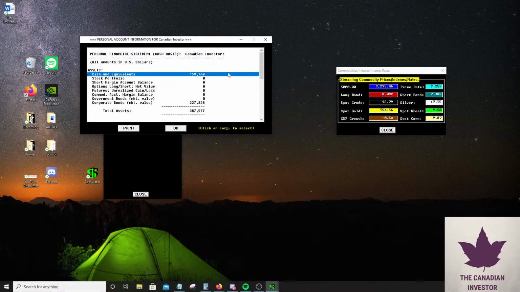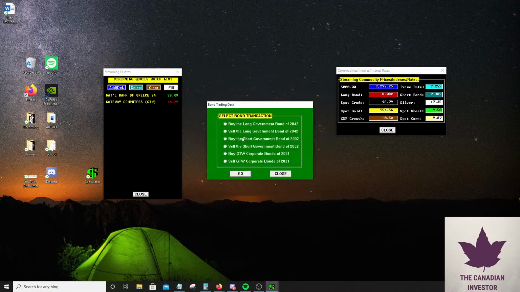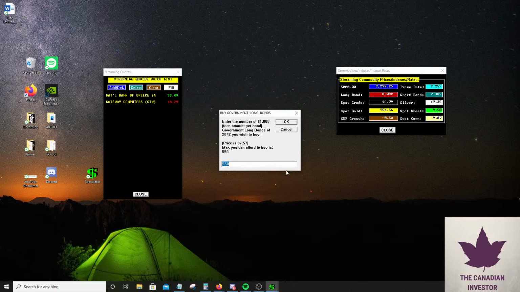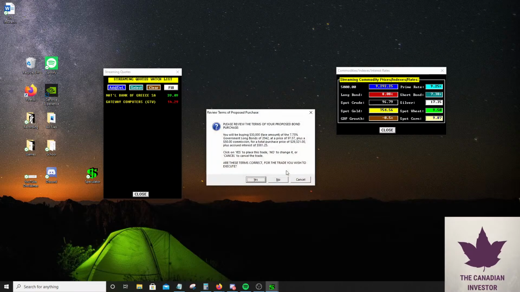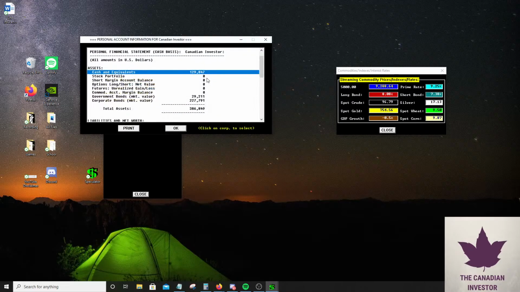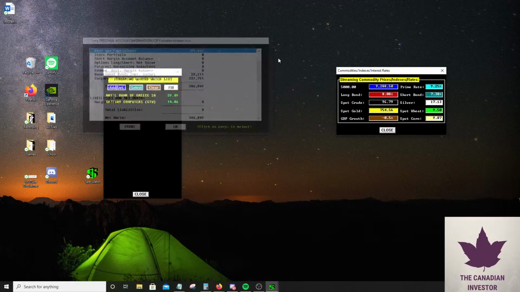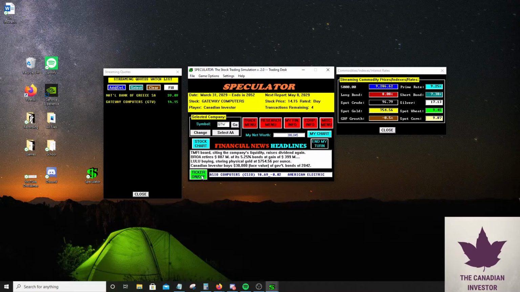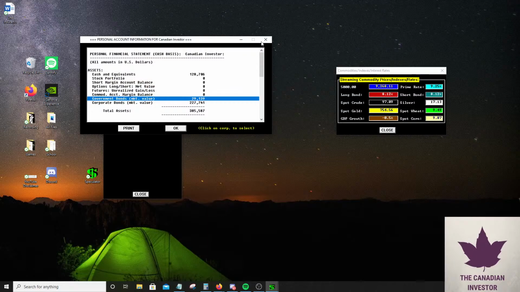So I'm gonna do about, let's do 25,000 like I was saying prior. So I want to buy about, let's just do about 30 of these bonds. So I'm gonna do 30 of the long bond, pays us 7.75%. So now we have about 129,000 left. If I see a potential good deal, if interest rates go to 10, I'll buy maybe another 30,000. We didn't really buy exactly 30,000, did we? We bought 29,000. Close.